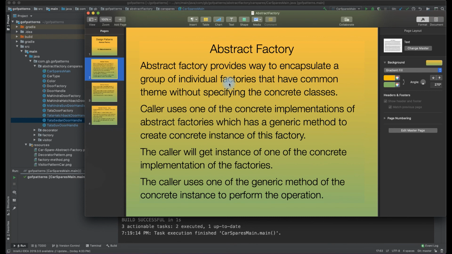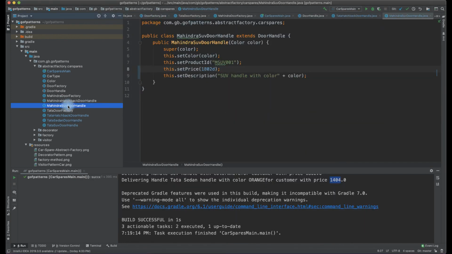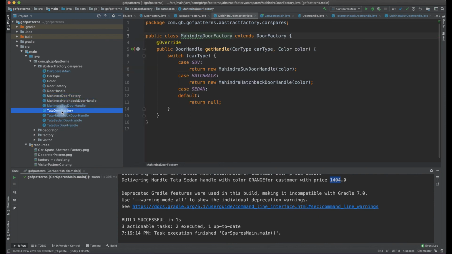The caller uses one of the concrete implementations of the abstract factories. Yes, if you see it, I am using one of the concrete implementations of these abstract factories. What abstract factory are we using? Either the Mahindra door factory or the Tata door factory.